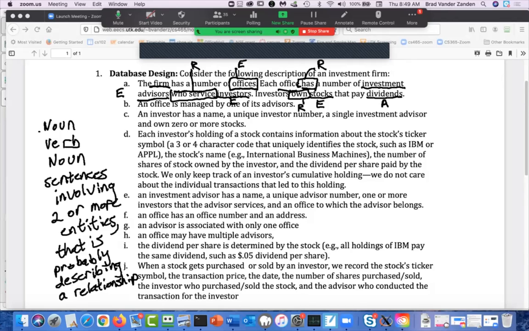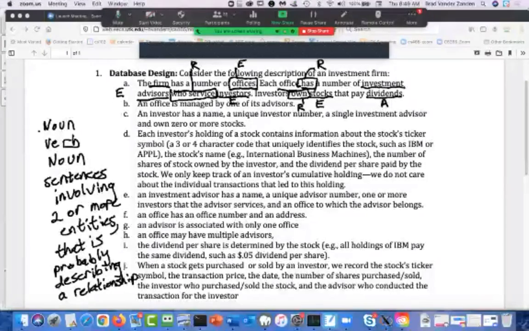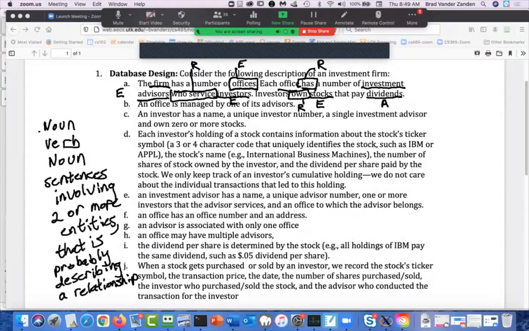So your antennas should go up when you see these noun, verb, noun sentences involving entities, because they almost always indicate a relationship. But you've got to be careful, because here, stocks that pay dividends,